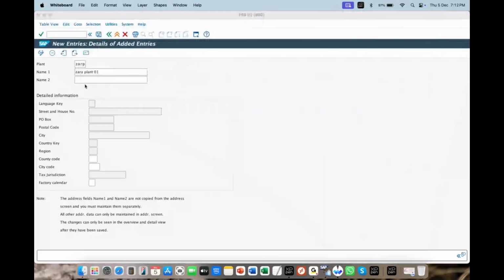So I give here Chennai plant. Anything can be given. Everything will be told by the client. Just seed it in your mind: I need to configure the SAP system. I need to customize the infrastructure of the client who is assigned to us during the live project, whatever client has been assigned by your company. Whatever is being told, however it is being told, I need to set up.